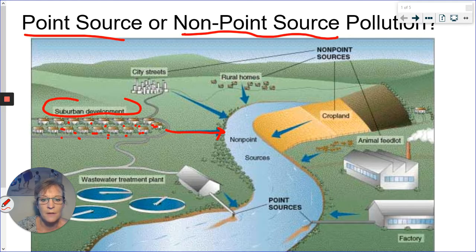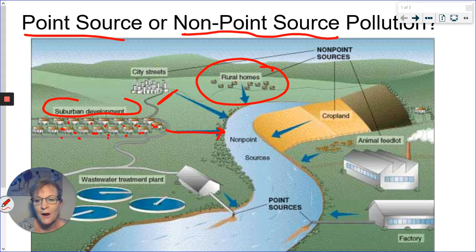You live in a tiny watershed, so your little watershed probably has a creek nearby. Your water is going to run into that creek, which is going to eventually run into the Yadkin Pee Dee River. Maybe miles away, but eventually it could get there. So non-point can come from suburban developments, streets in a city, homes out in the country, crops,